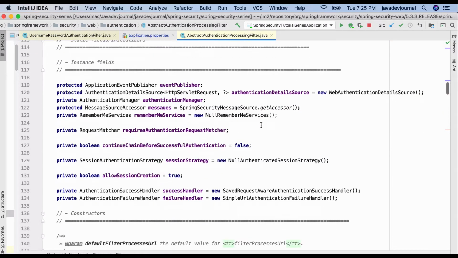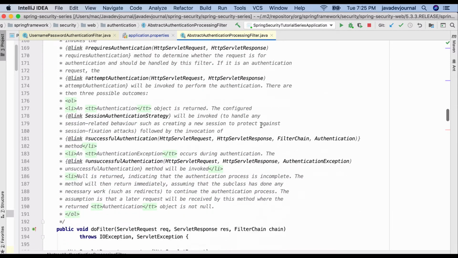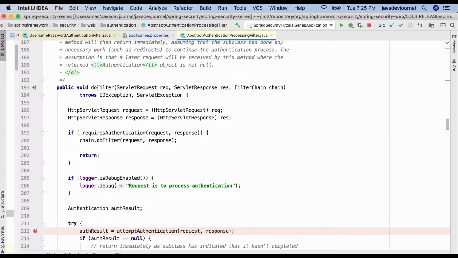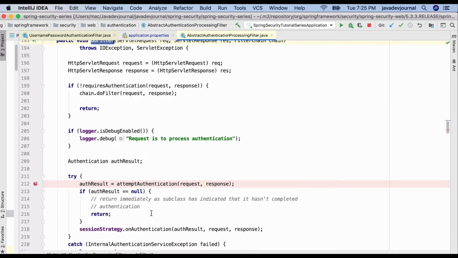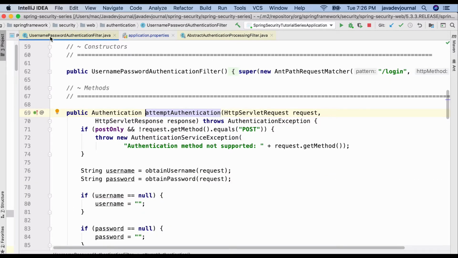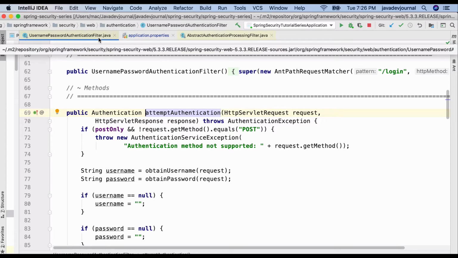What is interesting for us is the doFilter method, and within the doFilter method, it is performing certain things. But the interesting thing is, it says attempt authentication. So it's trying to do the authentication for us. And if I go to the authentication, that is a part of our username and password authentication filter.